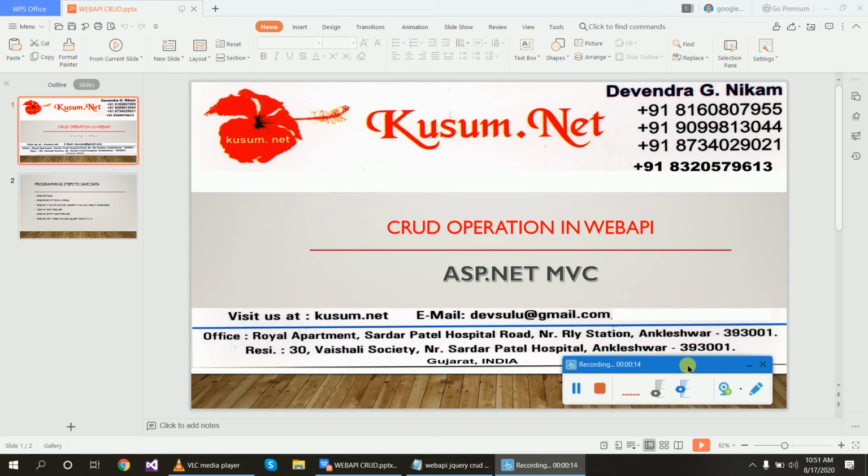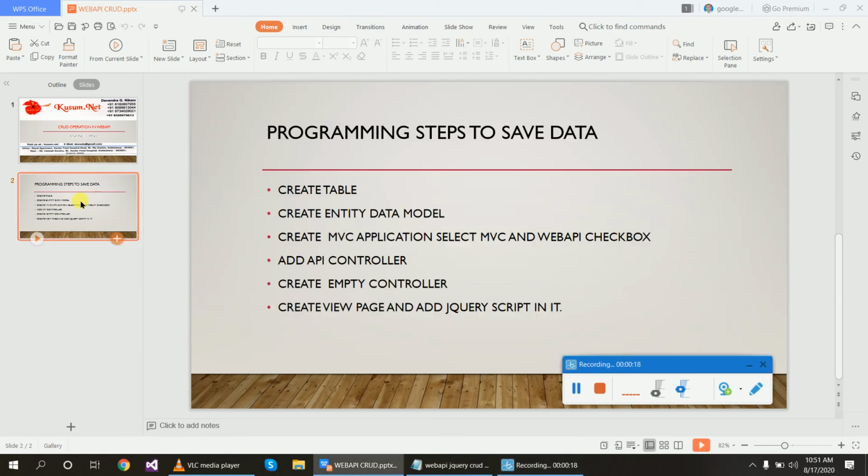This is Kusum.net, and you are going to learn today CRUD operations in Web API in ASP.NET MVC. Before creating the application, we will create a table, then create an entity data model. After that, we will create the MVC application. When you create the MVC application, you will select two checkboxes, MVC and Web API.